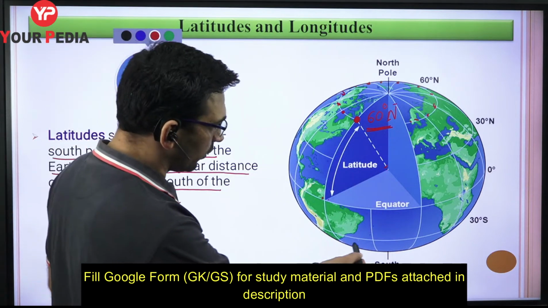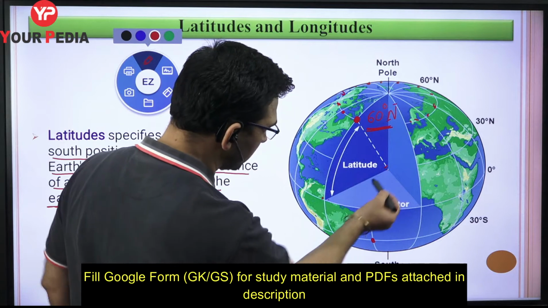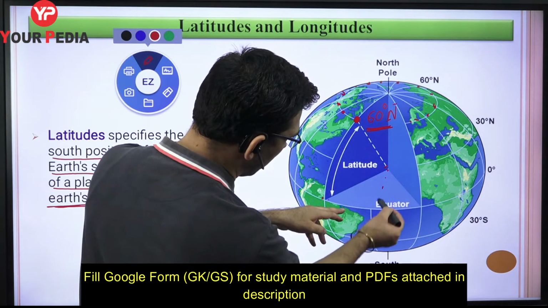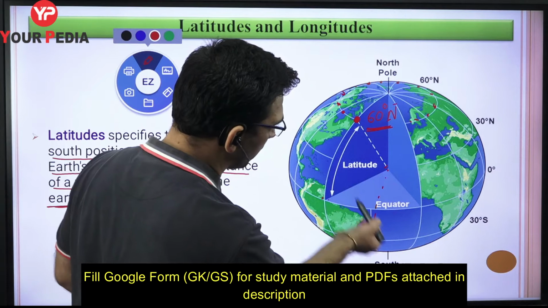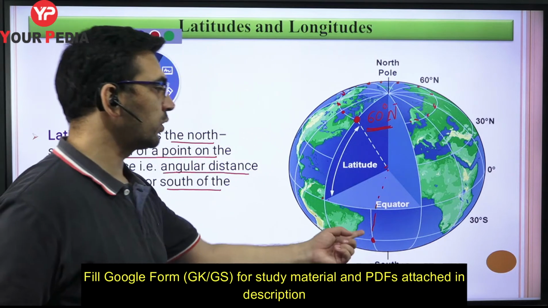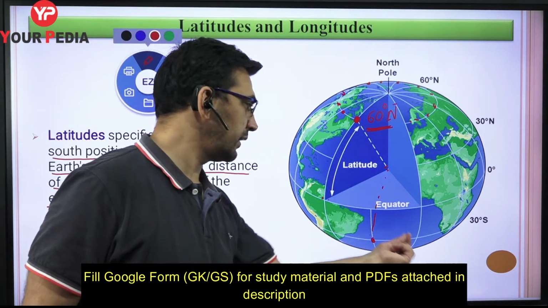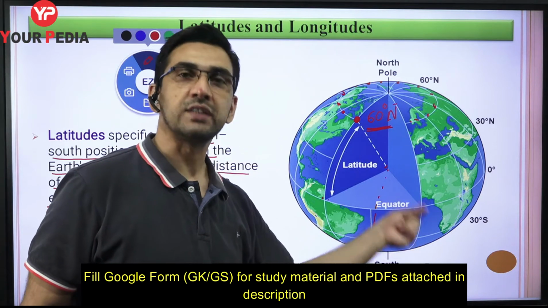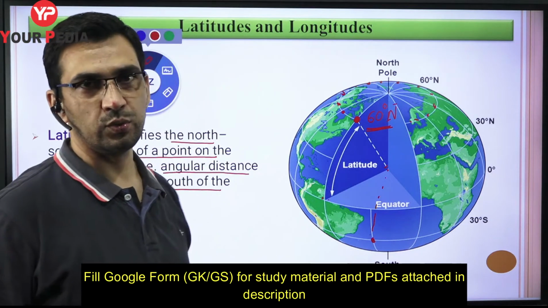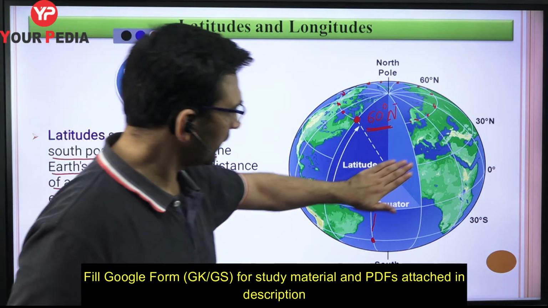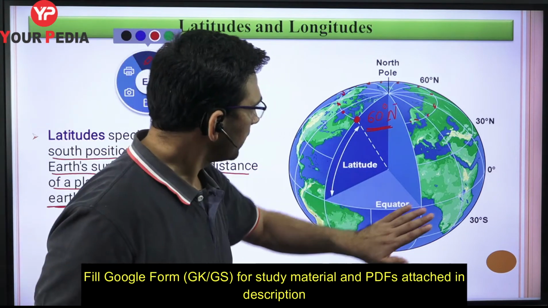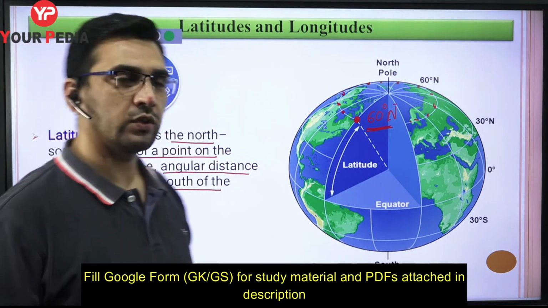For example, if you want to locate some point over here, then just from this equator take the angular position, and whatever the angular position that you are going to have from here, we are going to say that it is this much degree south, that is going to be the latitude, right? So in general, as I said, latitude is simply the angular position either north or south of the equator.